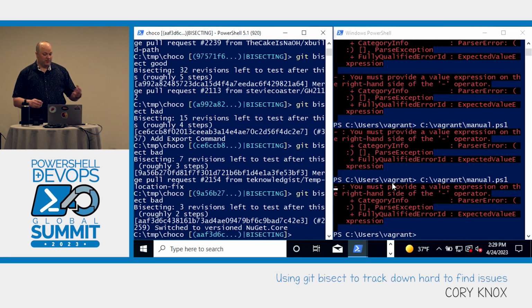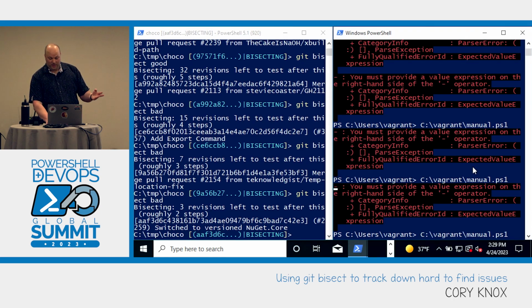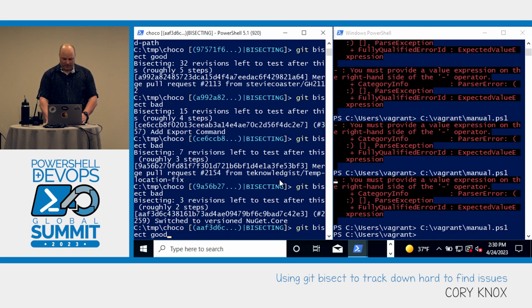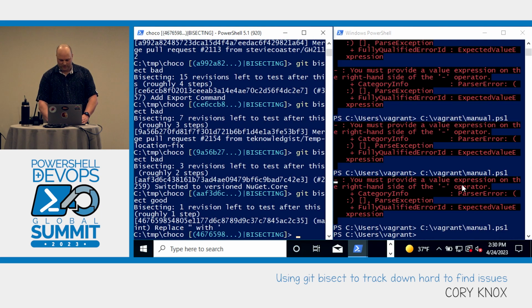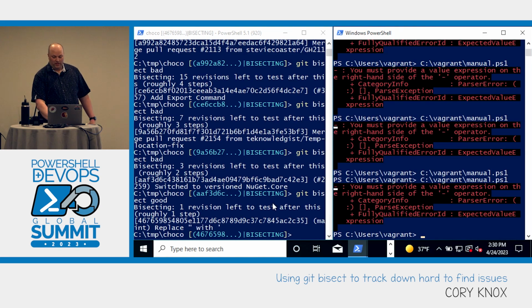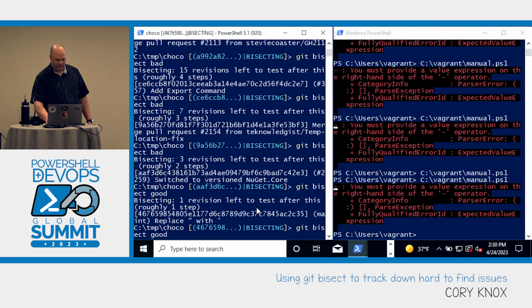We've got 3 revisions left, and there's 2 more steps, which tells me that we're getting pretty close, because we were at 270 revisions at the beginning, and now we're at 3. The error didn't come up, so we do a git bisect good instead of bad, and then run it again. The error occurs,